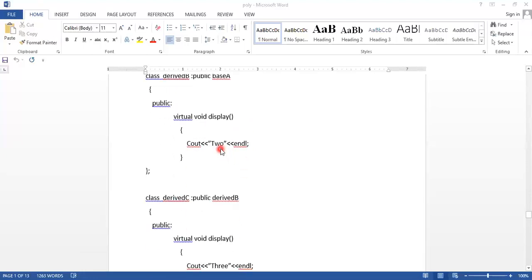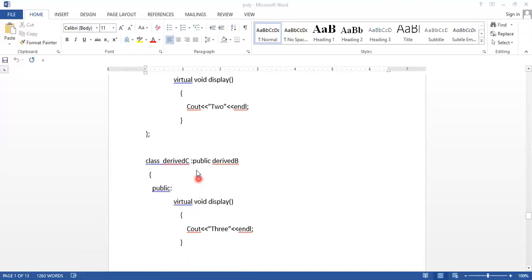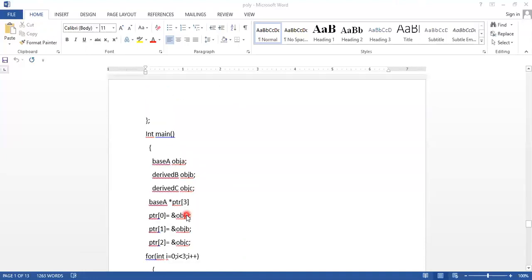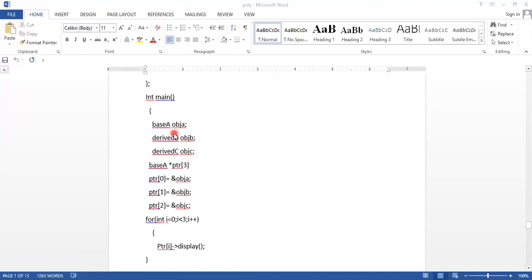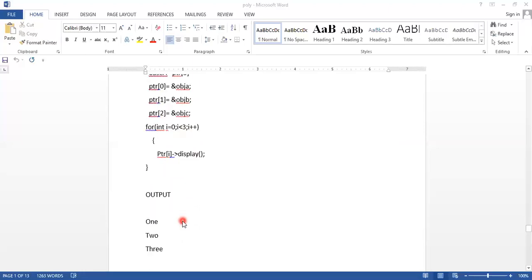So here we display the 2, and in derived C, we use the same keyword virtual. Like that, the same way we assign object A to base A, object B to derived B, object C to derived C. Then base A pointer 3, then pointer of 0 equal to &object A, pointer of 1 equal to &object B, pointer of 2 equal to &object C. Then we display the objects. So here the output becomes 1, 2, 3.